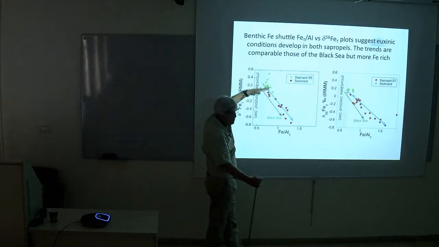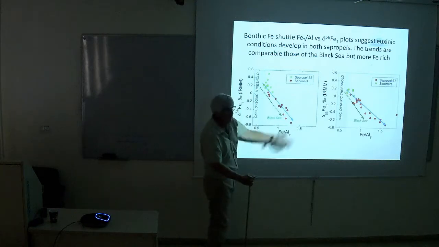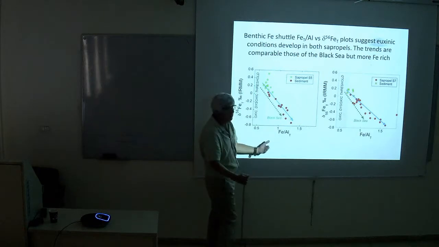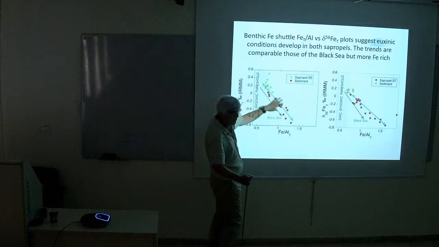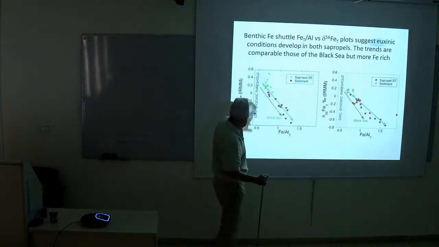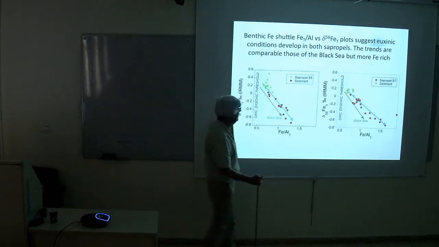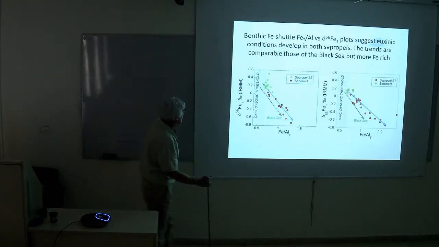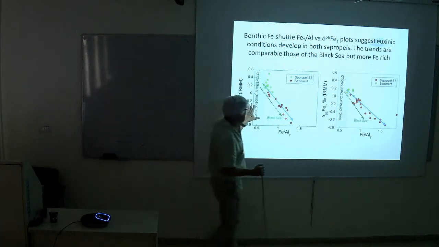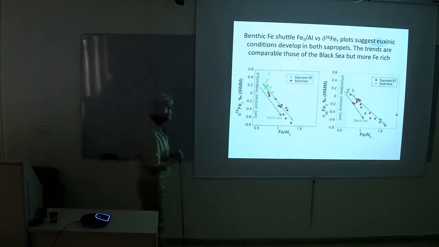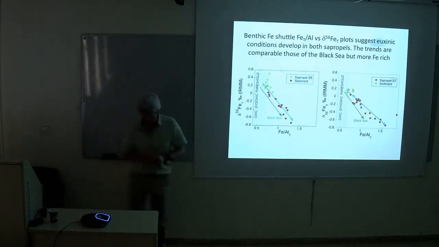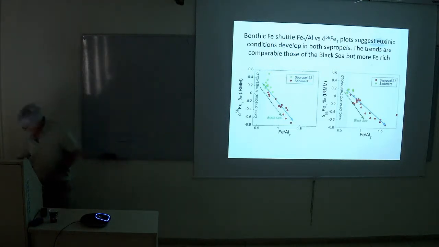The truth is, the iron isotope process could involve Rayleigh fractionation or something. But the idea is that you're just adding iron, and you're adding isotopically light iron, which forms pyrite, and therefore gives you this trend. It's a trend of adding iron, added pyrite. So in this sense, the sapropels behave perfectly according to the model of the Black Sea, of the benthic iron